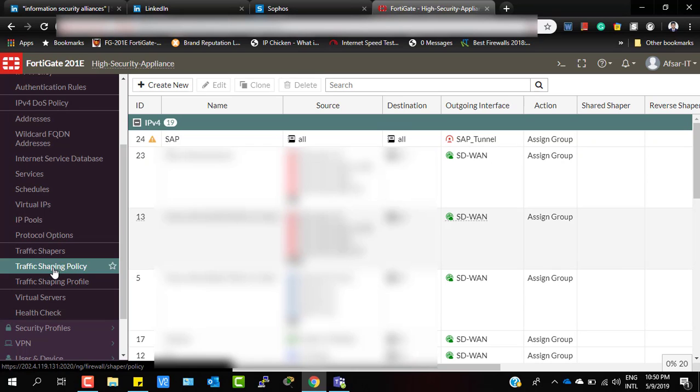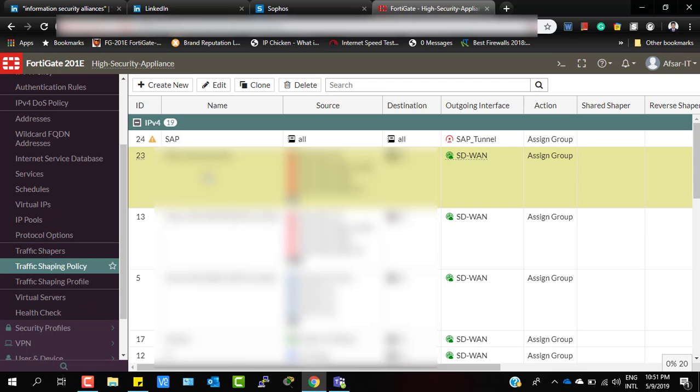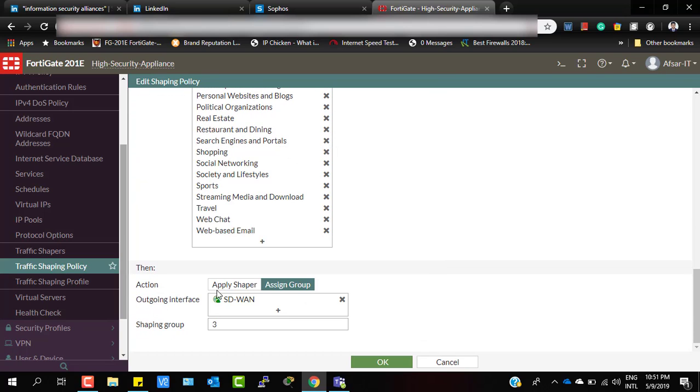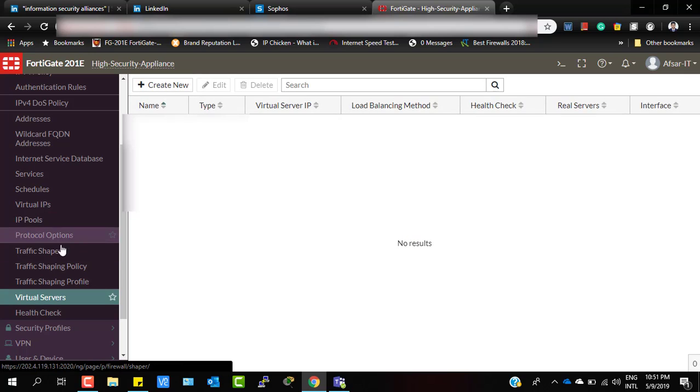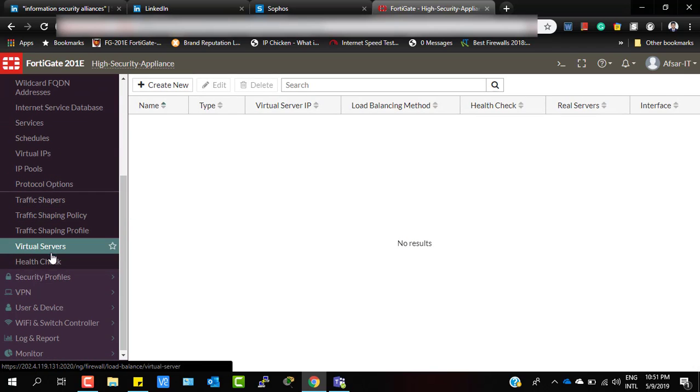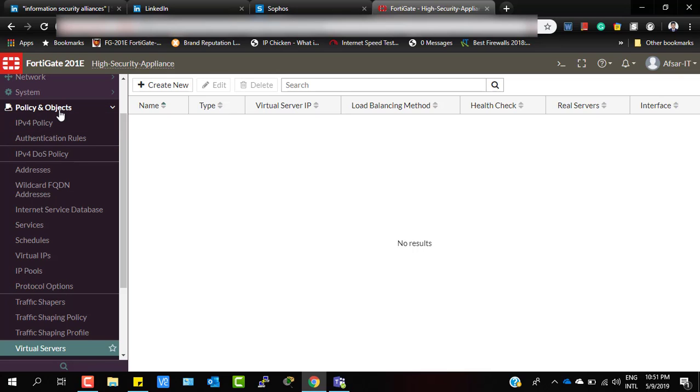In traffic shaping policy, I just wanted to show how this traffic shaping profile will work. Previously we assigned a shaper in each and every policy. Now here we assign a group and give a group number, and then we can create a traffic shaping policy by using this group number. I'll show that in detail, but there are no major changes in IPv4 policy and objects,